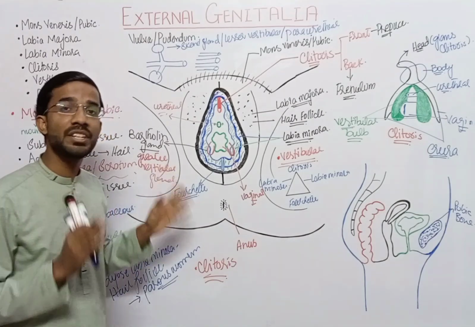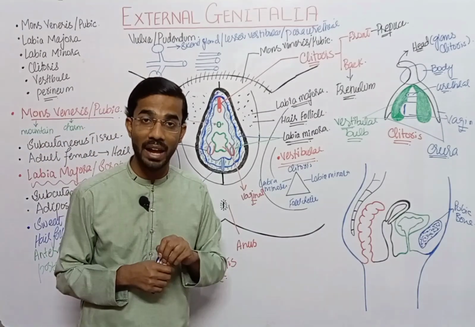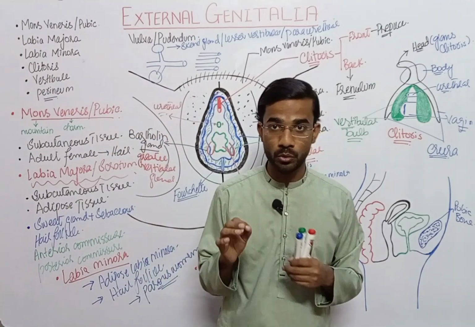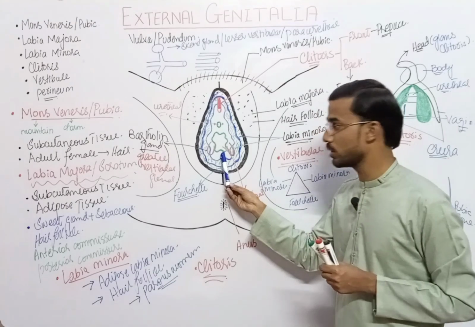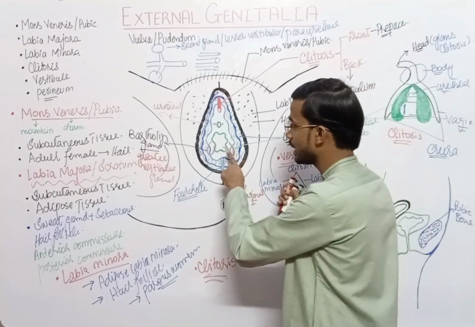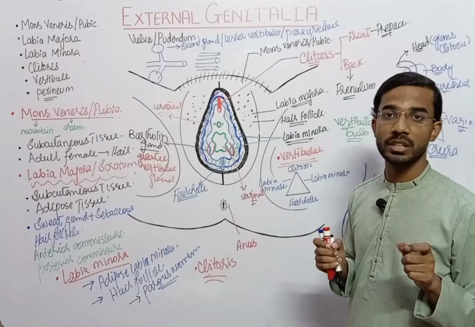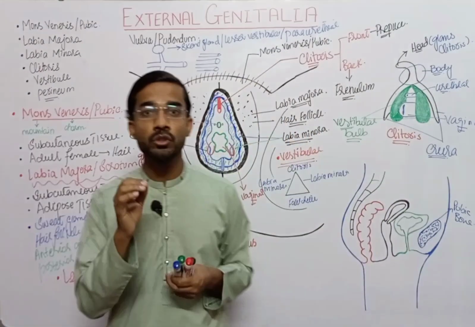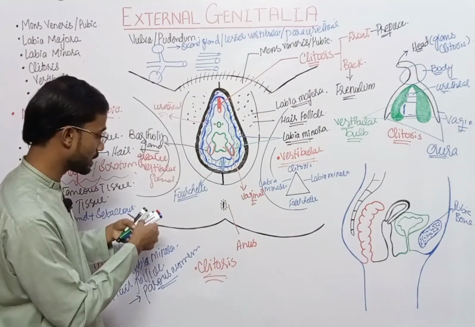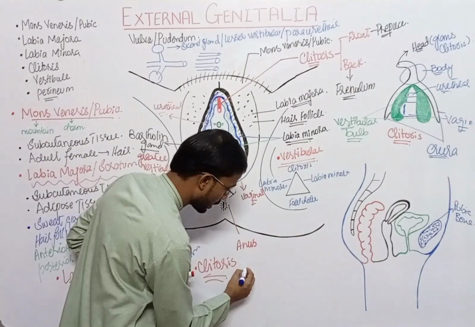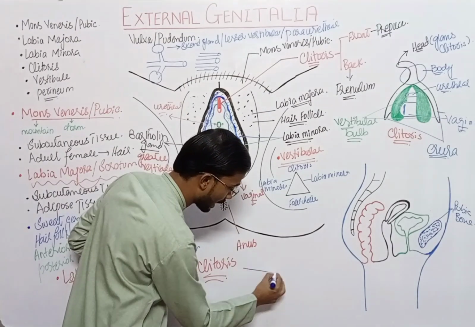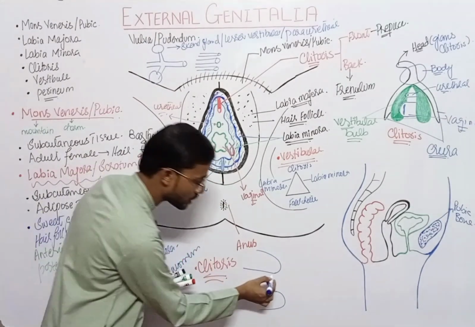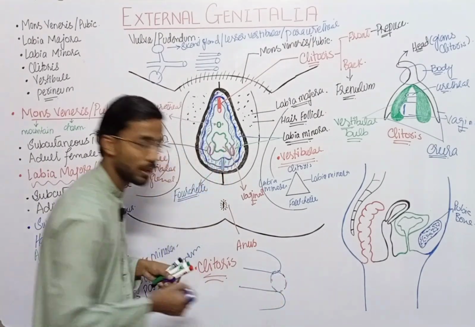This is actually a pea-shaped gland. Its size is 0.5 centimeter, and it releases an alkaline mucus secretion in the vestibular region. So Bartholin gland is actually involved in the secretion of the alkaline secretion, and it is composed of two epithelia. Here you can see it is present this way. This is the opening side of the Bartholin gland.